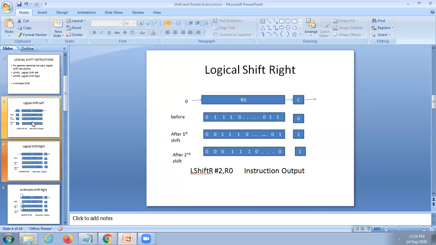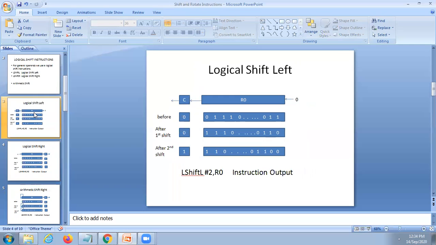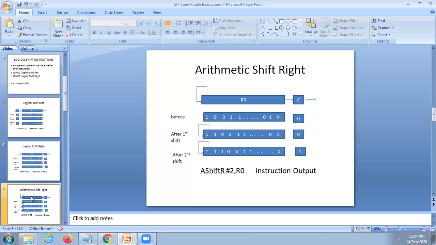And one more difference is that logical shift operations are used to segregate part of the byte content or part of the word content. Word content means 16 bits. If you want to take a part of 16-bit data, or a part of 8-bit data, we are going to use logical shift operations. For division and multiplication purposes, we are going to use arithmetic shift operations. Arithmetic shift right leads to division. Arithmetic shift left leads to multiplication. That is the purpose of this.